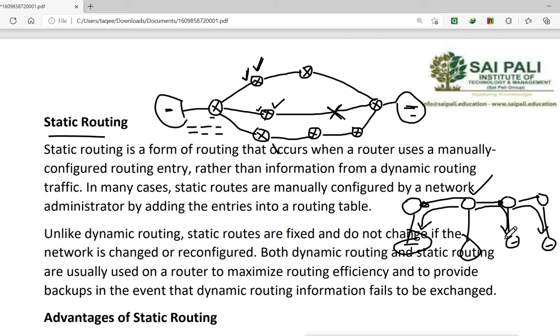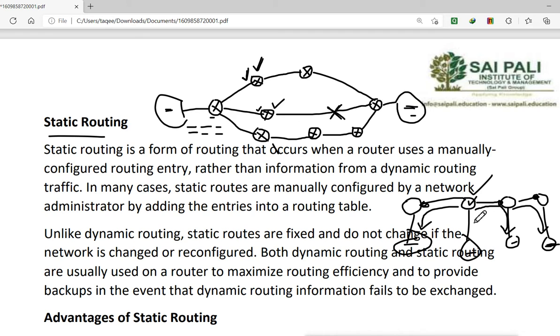So if my administrator makes a mistake, configuring this network and giving the first hop address as this router's address, then it will be the wrong configuration and it will never reach this network. Because the administrator is a human, they can make a mistake. So it will not reach this destination, the network will not work, and the clients of these networks will not be able to connect. Then they will say, I'm not connecting. The administrator says, I have configured it, but why are you not connecting?